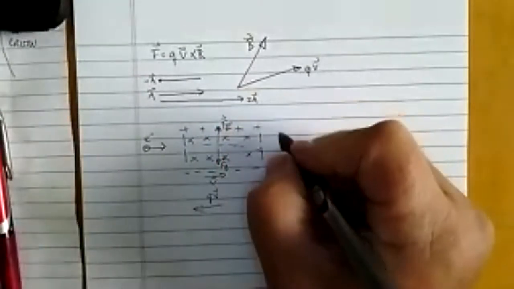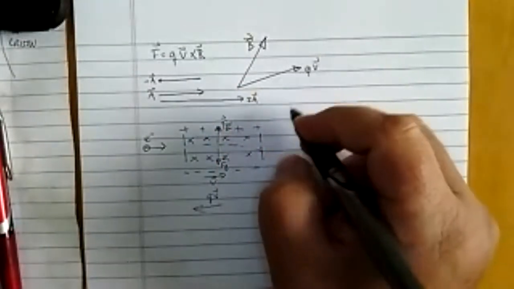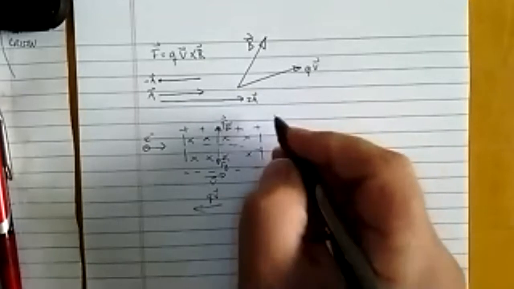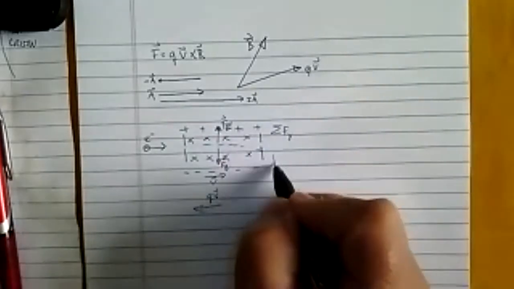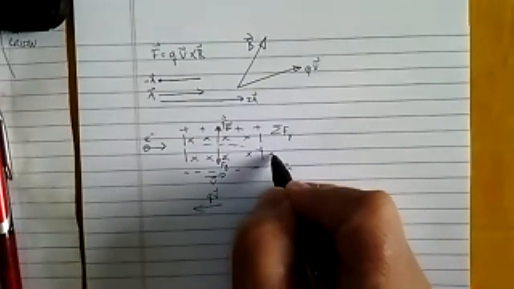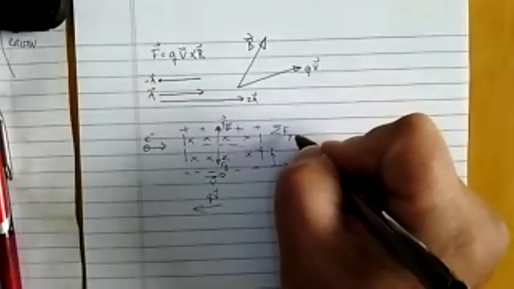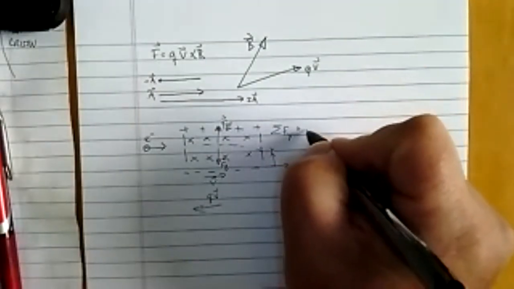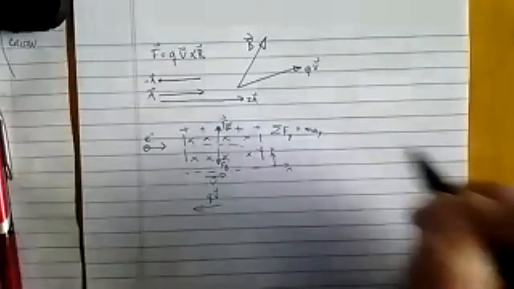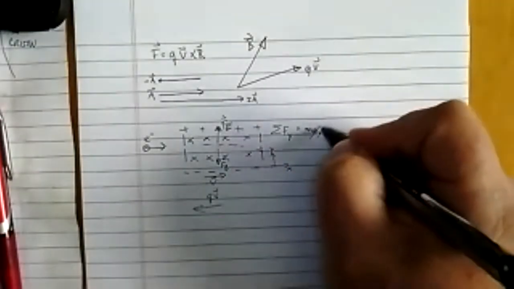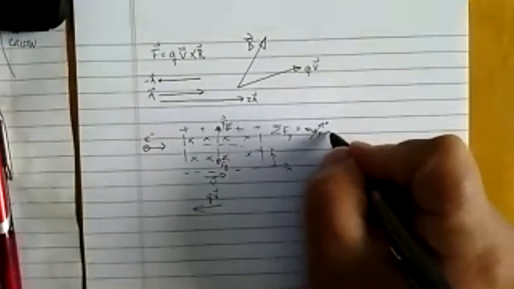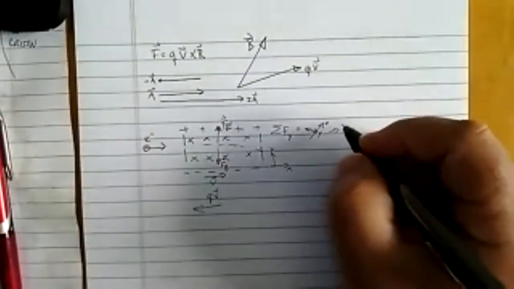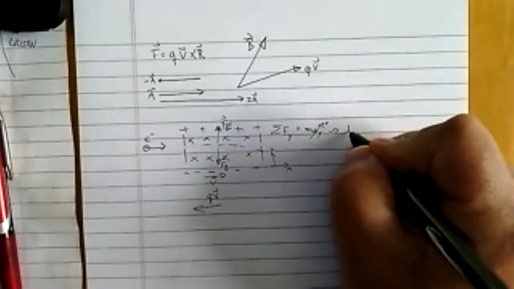So now if I let the net force be equal to 0, Newton's second law says the summation of forces in the y direction, I'm treating this as x and this as y, is equal to mass times acceleration in the y direction. If I want that to equal 0, which would cause it to go in a straight-line path, then I'd get F due to the electric field in the positive direction,